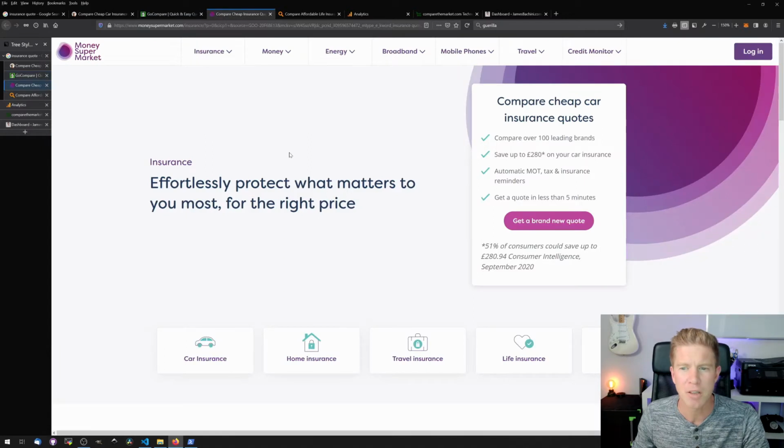Here we have another one from MoneySupermarket. Again, you can see we've got these bullet points. We've got little ticks by the bullet points. That's a common theme. We've got the amount you can save, quite clear here, but not in bold. And then we've got another big call to action button right here and a big title. It says, "Effortlessly protect what matters to you the most,"